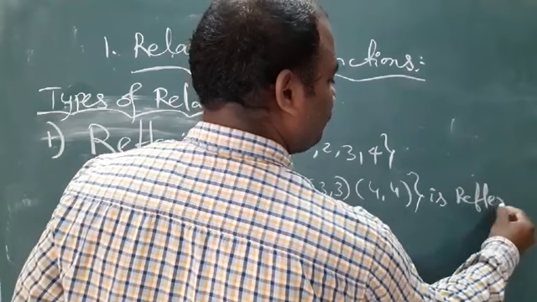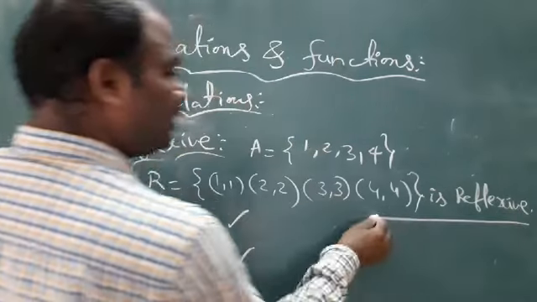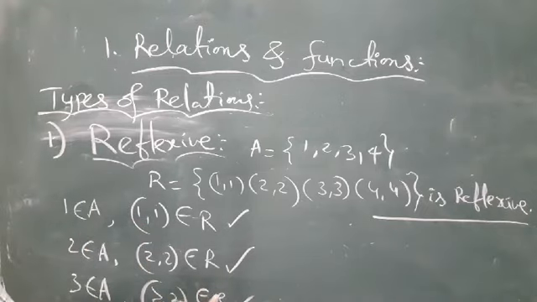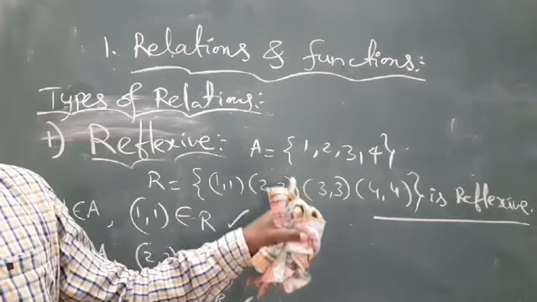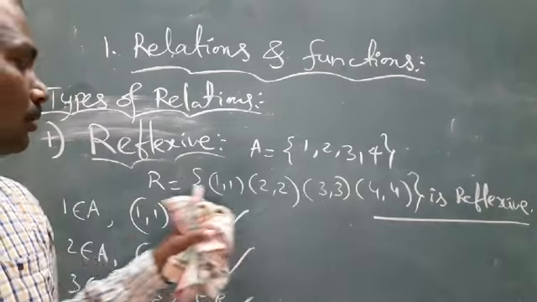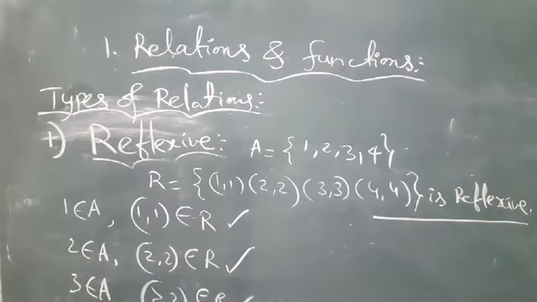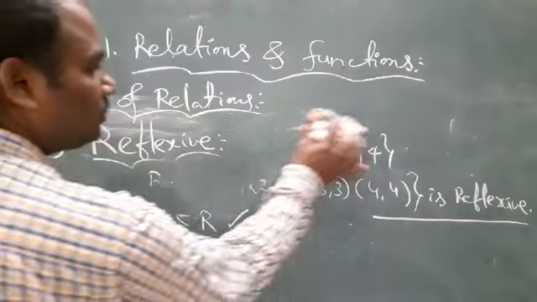reflexive. Understand? Yes, every element in A has the ordered pair belonging to R, so R is a reflexive relation. Understand? Yes. Now simply we can